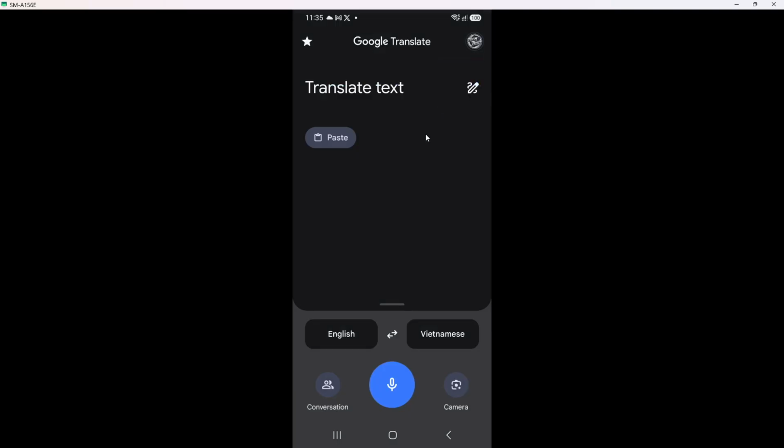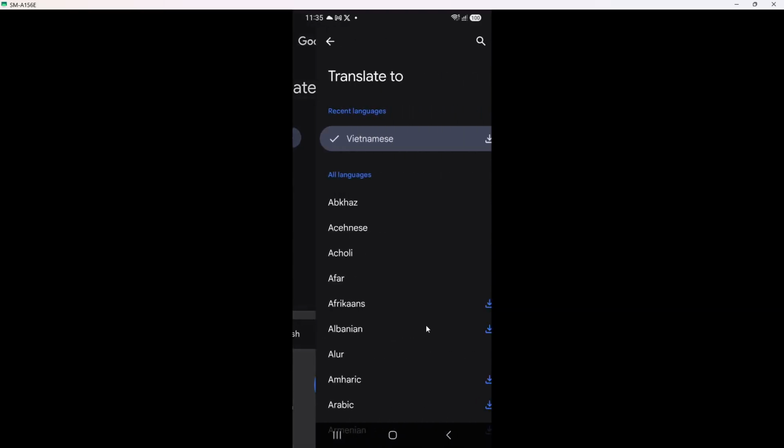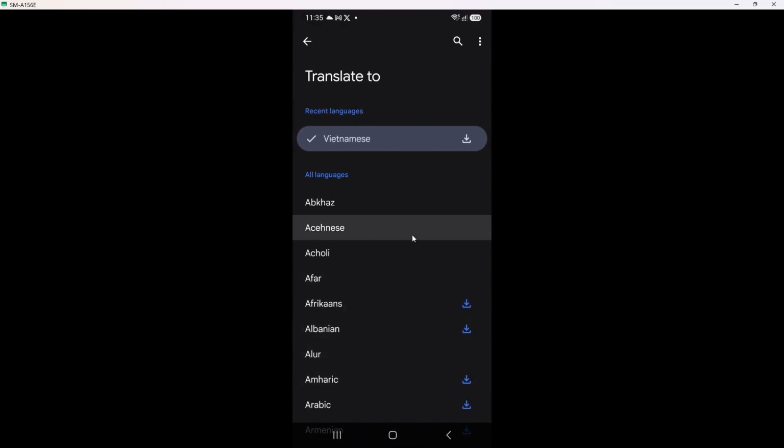If you do not see that layout, double check that you really opened the Translate app from Google and not a different translation app. Now, tap the language name at the top. You can tap either the left language or the right language. Both will bring up the same language selection screen. After you tap it, a new panel appears, showing a long list of languages, often with your recent ones near the top, and all other languages in alphabetical order below.